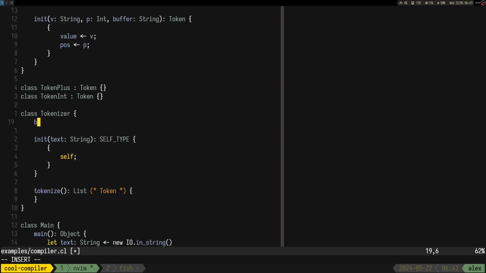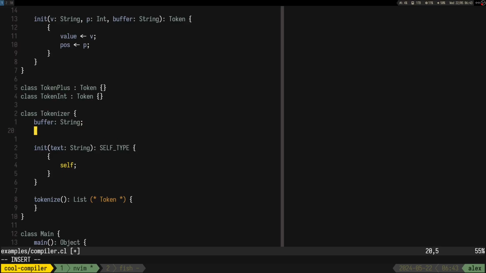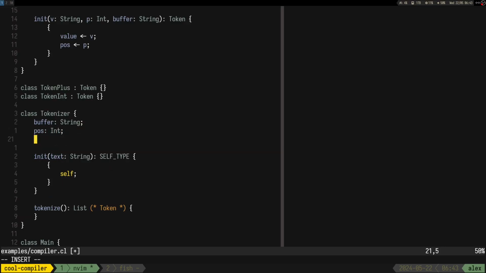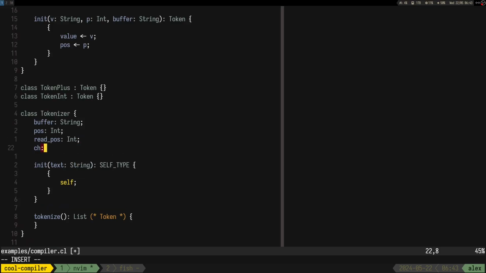So we have the buffer, it's gonna be string, position int, this read position is gonna be int, and ch. Do we want to have ch?